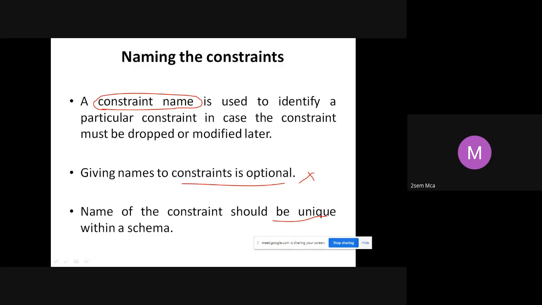For any constraint, for example, we saw in this example that state has to be either Karnataka or Kerala only. We used a check constraint, correct? We used a check constraint to check whether state was Karnataka or Kerala. Now for that check constraint, I can use a name. It becomes more typing and extra information, so generally we don't do that. Giving names is optional, so we generally don't give. But if you want to, we'll see an example of how to give.